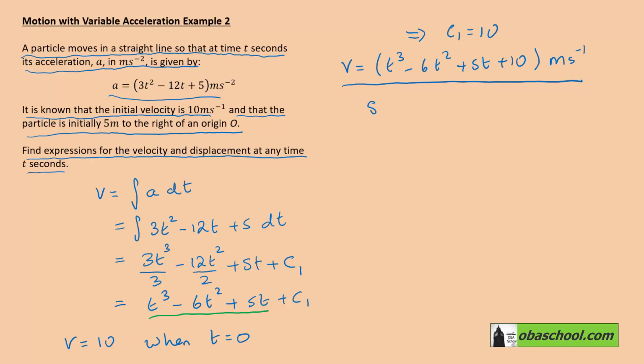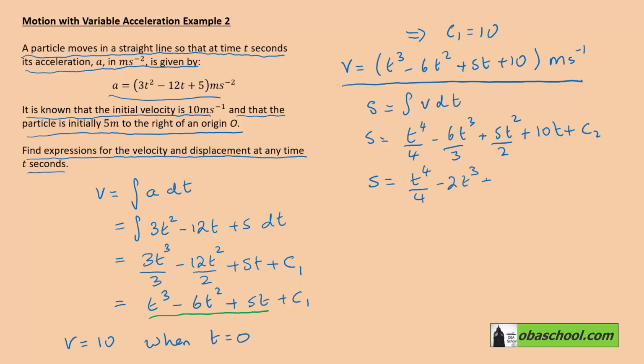Now for the displacement, that's equal to the integral of velocity dt. That's going to be t to the 4 over 4 minus 6t cubed over 3 plus 5t squared over 2 plus 10t plus some constant. Tidying that, we get t to the 4 over 4, take away 2t cubed plus 5t squared over 2 plus